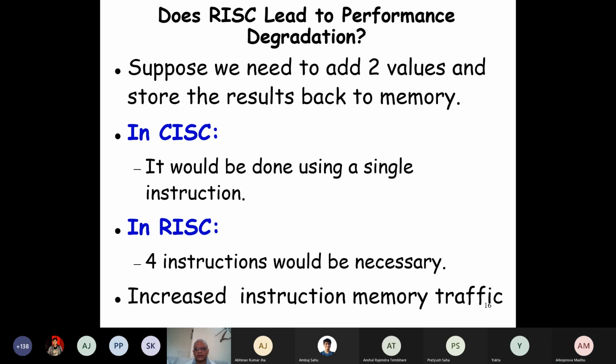Your voice is breaking. So you just send me a mail. We are at the end of this class, and everybody is free to send me email. I normally answer by email. You should normally get your answer within an hour. So please ask your questions by email, and we'll answer. Madhu, your voice is breaking. Not able to hear at all. You raise this again in the next class.